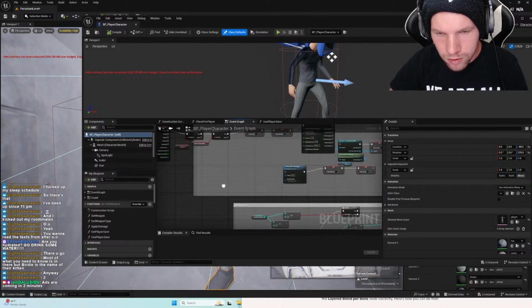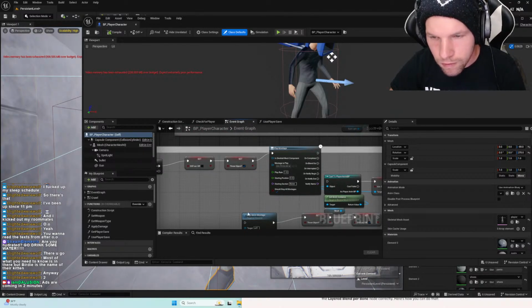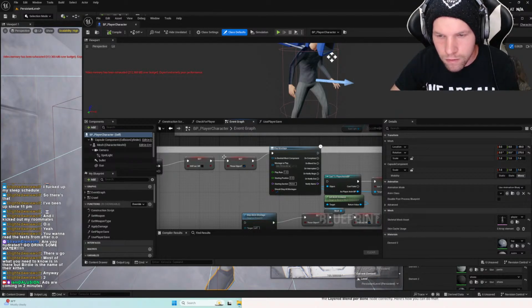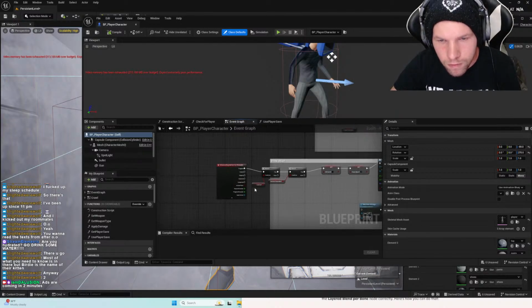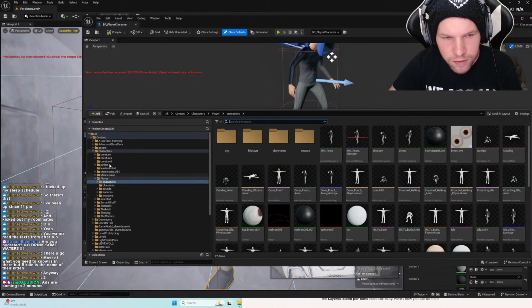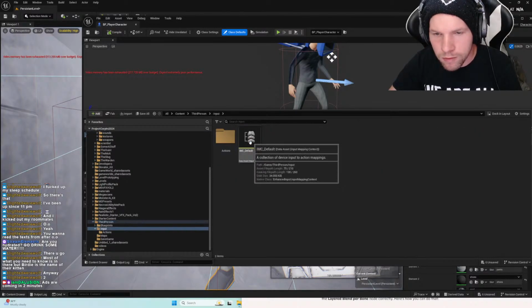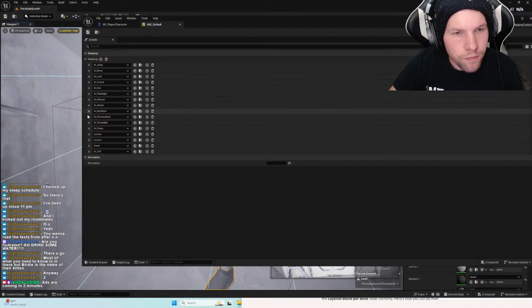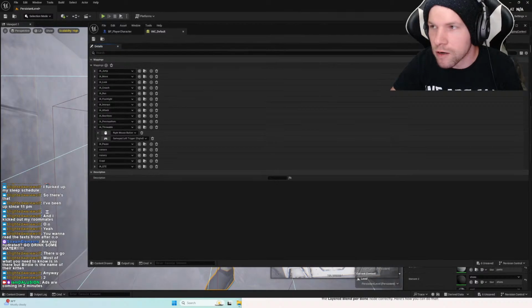So let's go to the throwable. Let me check something else real quick as well. Third person, input actions, throwable, right mouse button, gamepad, left trigger.